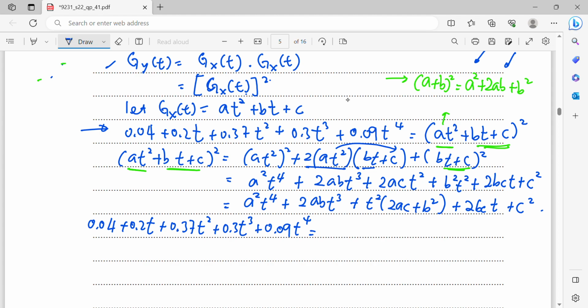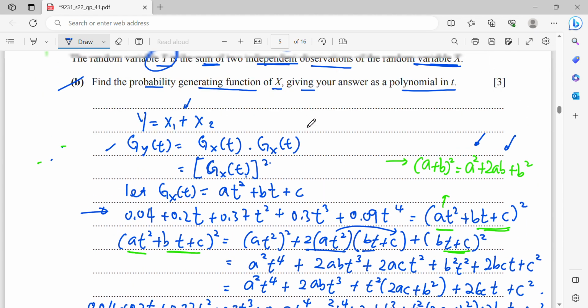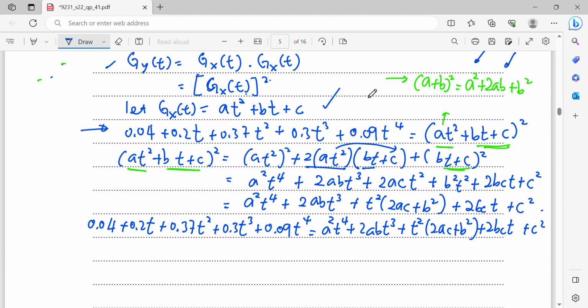So I will just rewrite a squared t^4 plus 2ab t cubed plus t squared bracket 2ac plus b squared, then plus 2bct plus c squared, right? So now remember we need to find Gx(t). Gx(t) is the quadratic, which means that now we need to find a, b, c. Okay, so now by comparing